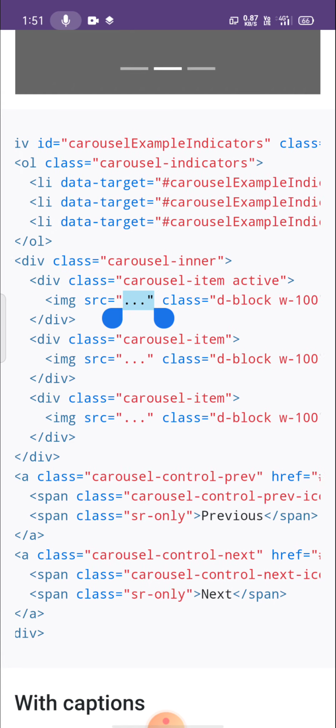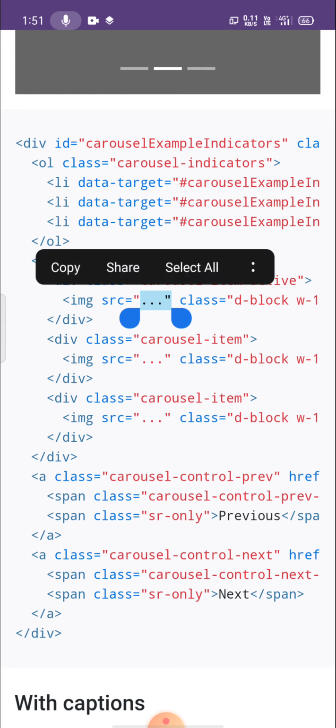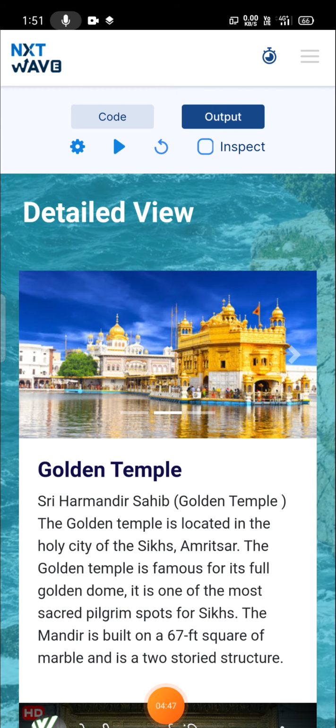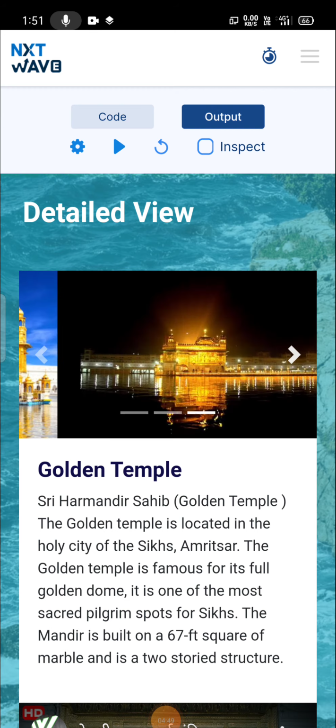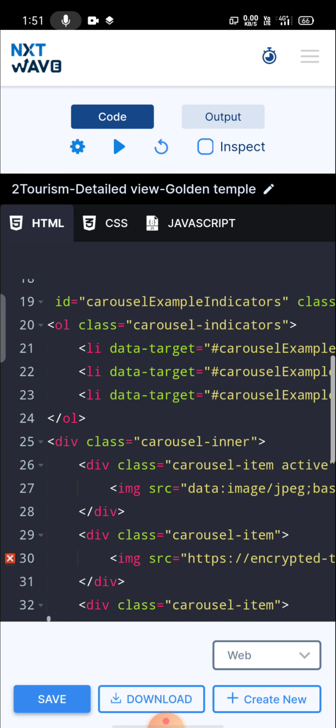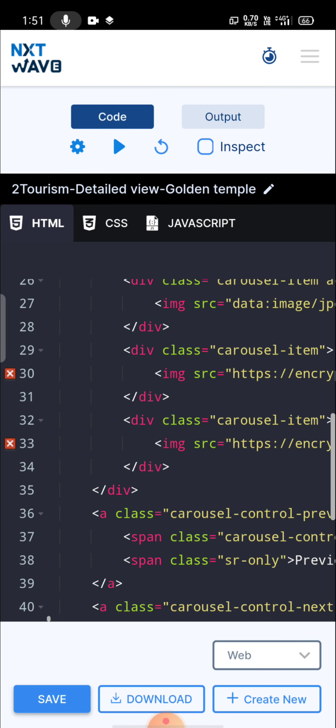I want 3 images, that's why we can give 3. We can select copy image URL from Google, and paste it here. Similarly, I want these images in the carousel. I copied the image URL from Google and pasted it here as I have explained.